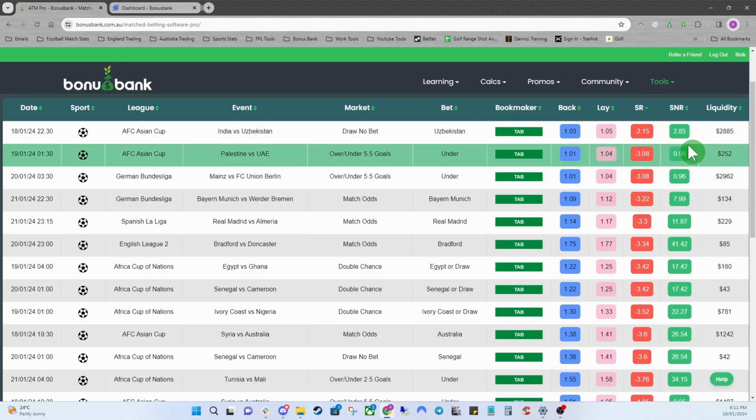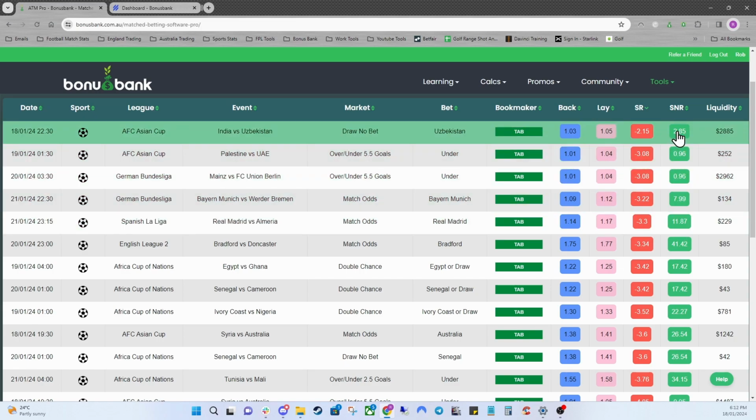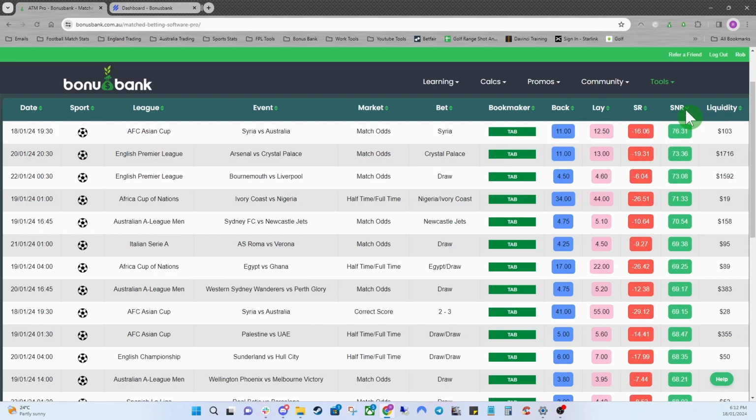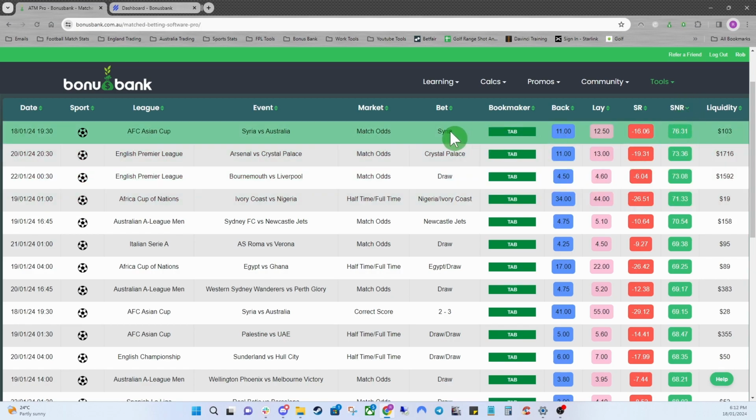And then if you wanted to use an SNR bet, of course, a lot of these ones here are not going to be very good. So this is the percentage retention. You're not going to bet on something with 2.85 retention. So you can just come up here, click on the SNR column, and now it's going to filter it from the best to worst with the SNR. So this top one here, you've got